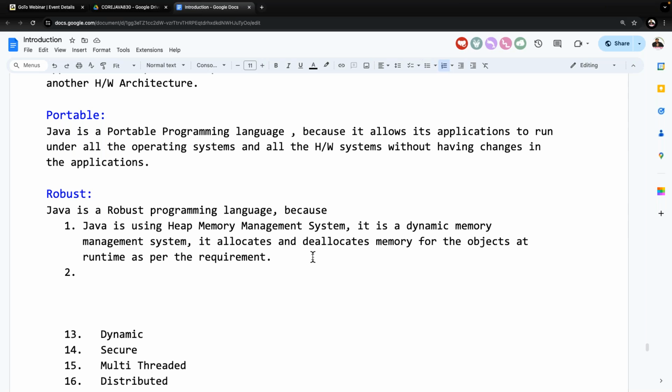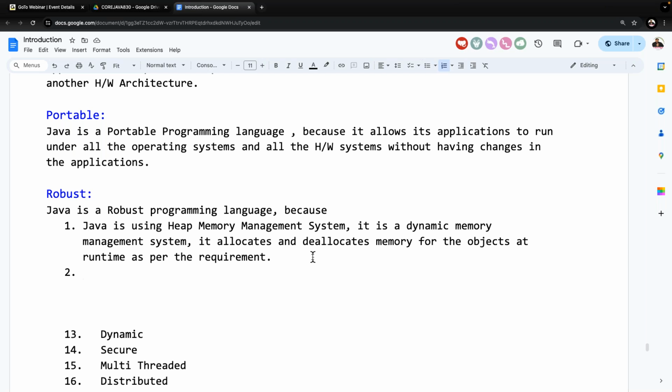Because Java has provided a very good predefined library to represent and to handle almost all the exceptions which are coming frequently in Java applications.